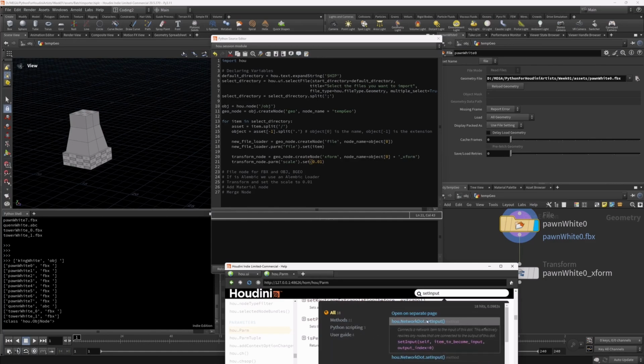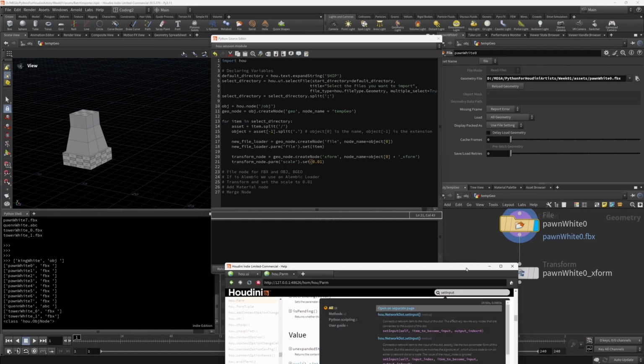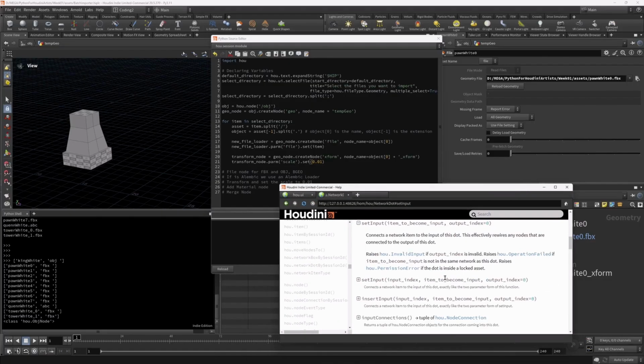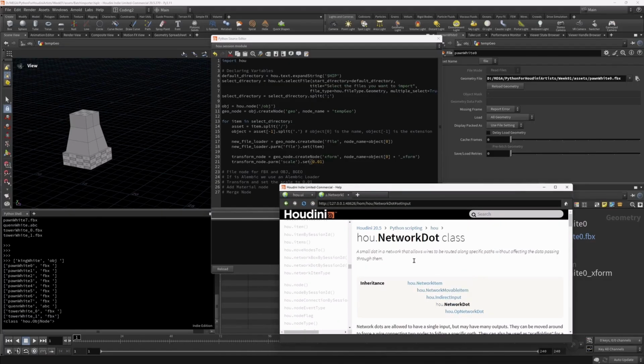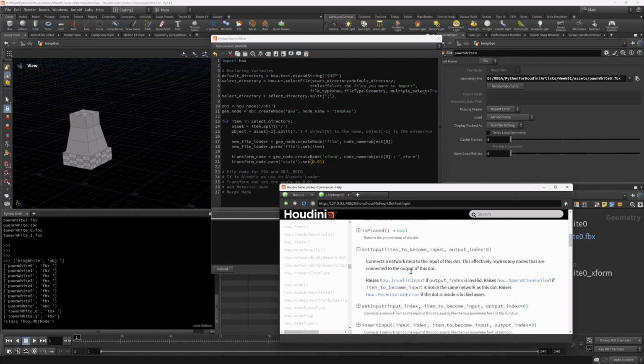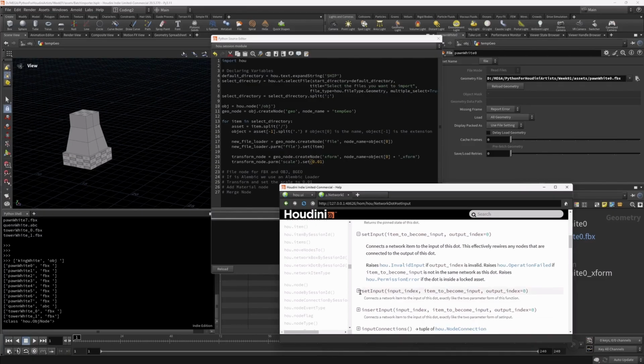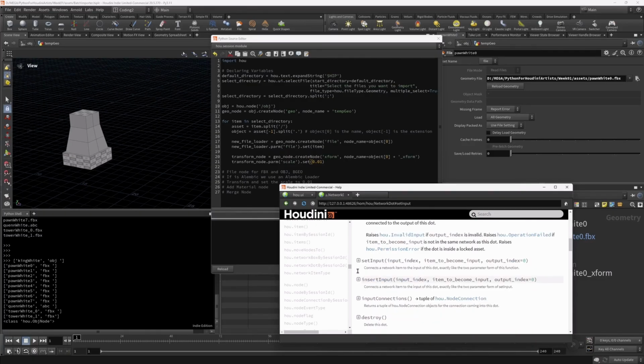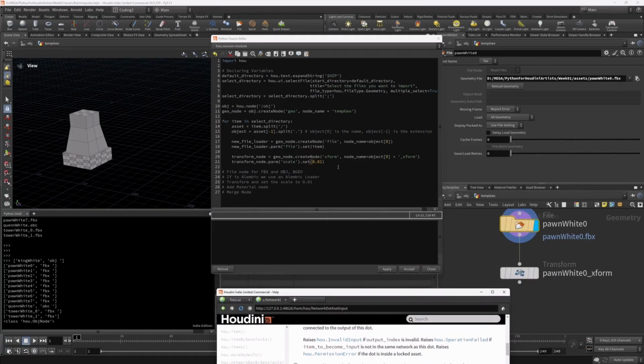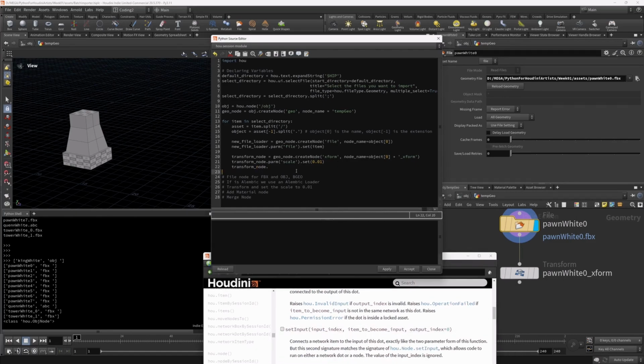Set input is part of this class here, and what we want is the set input with the input index, right? So with the input index, we are going to provide an index, and we're going to provide the item that we want to connect. So for that, I'm going here to the transform underscore node, and I'm going to do dot